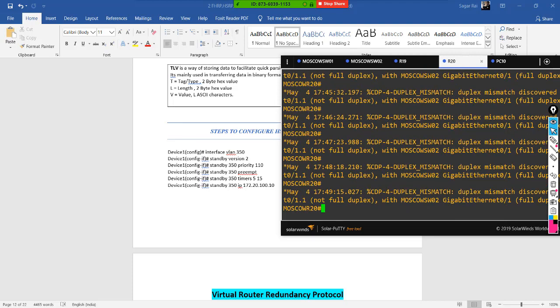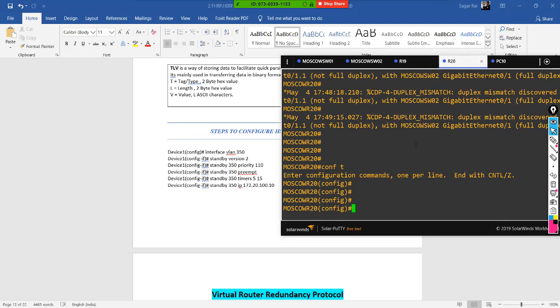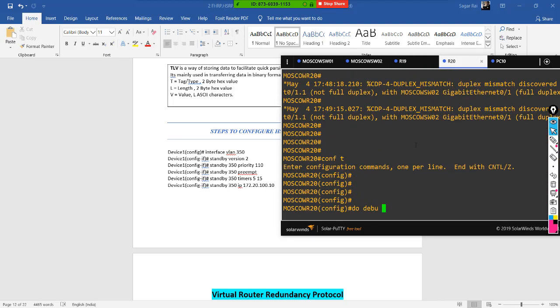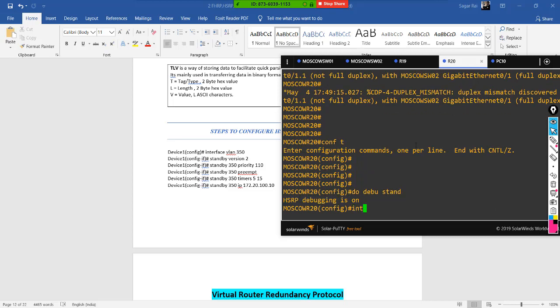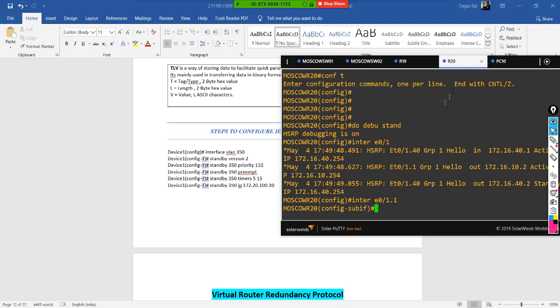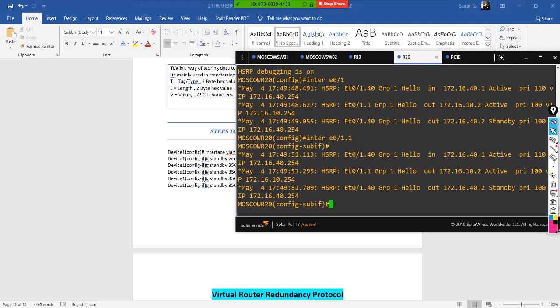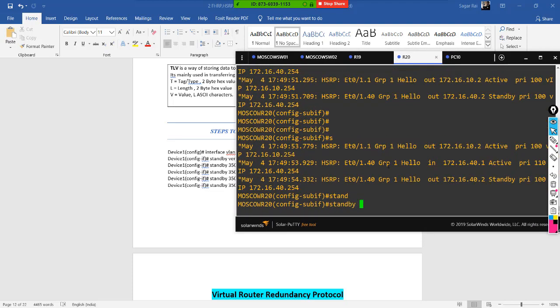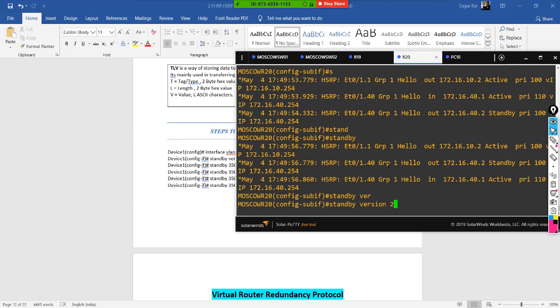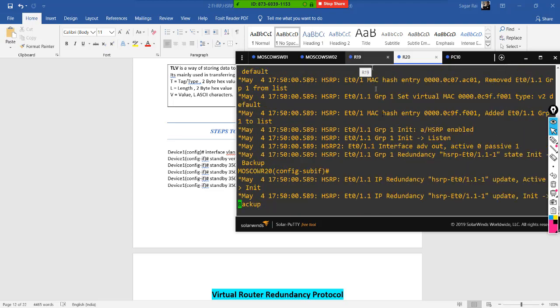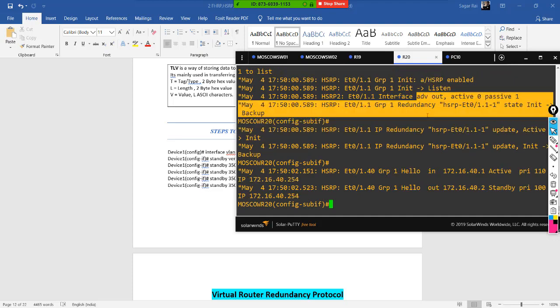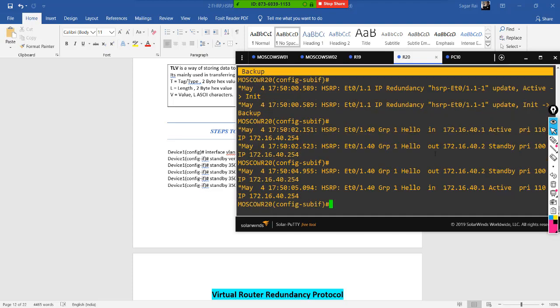From the second device, let's go to interface 1.1 and make it standby version 2. The re-election is happening.